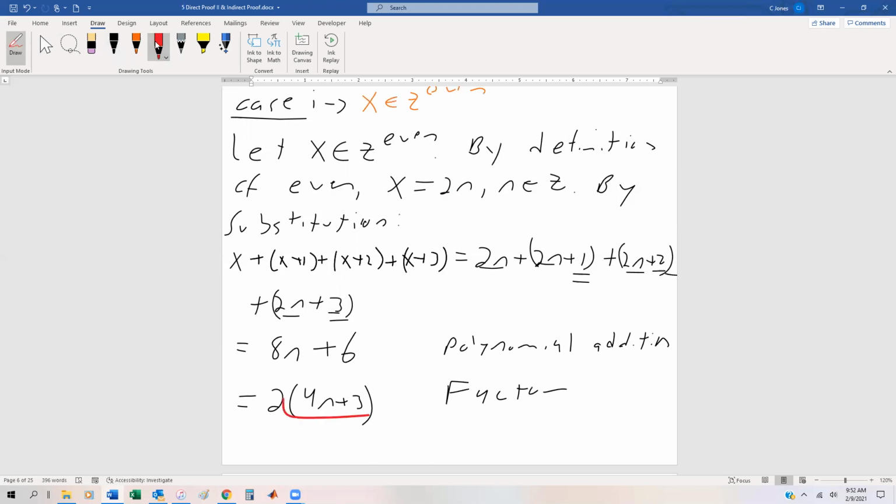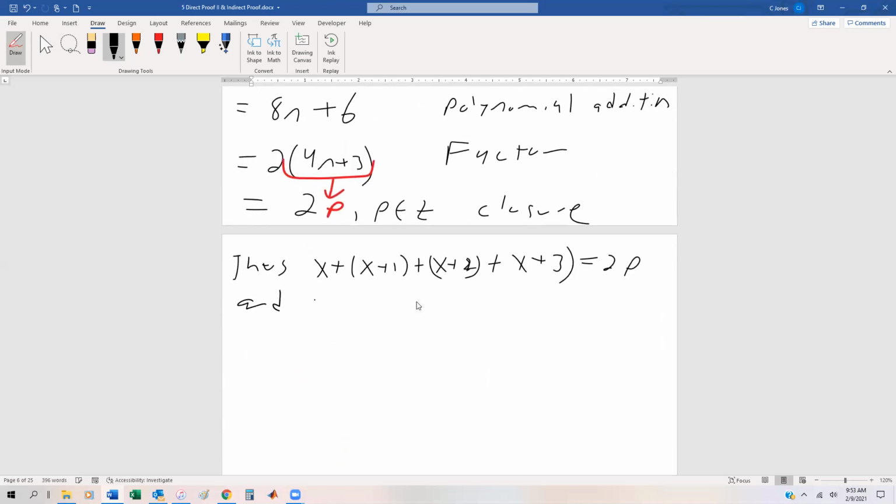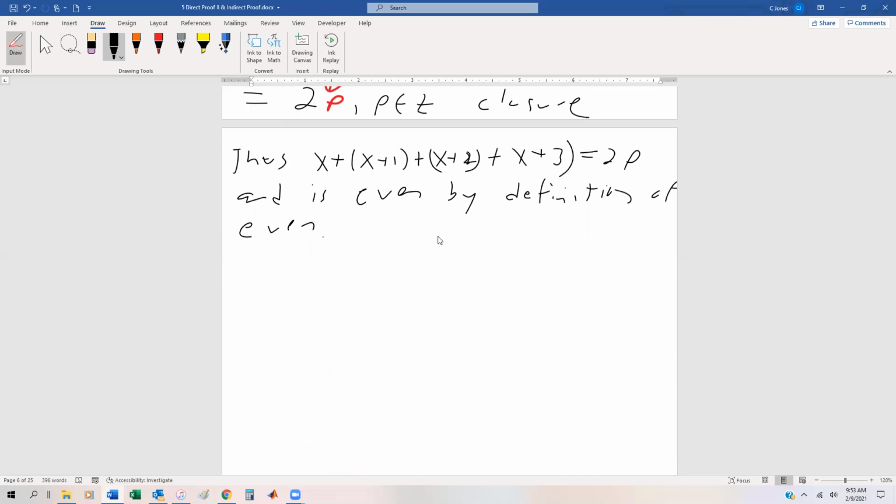And we know the trick at this point is that this can be written as p, and p is going to be an integer by closure. All right. And so we've proved that the sum of four consecutive integers is going to fit the form 2p. Okay, so thus x plus 1 plus x plus 2 plus x plus 3 equals 2p and is even by definition of even. Right. That's case one. And case one, again, is self-contained. We didn't have to go outside to be able to verify anything. Now we have case two,